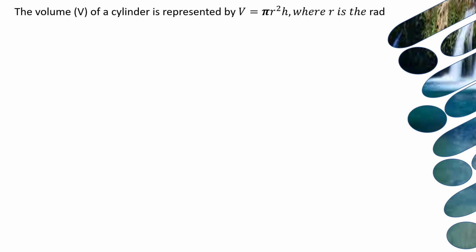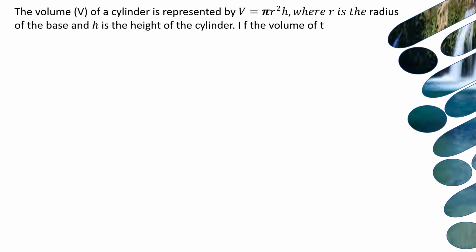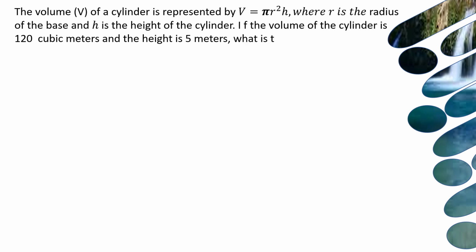Now let's move on to this next question. The volume V of a cylinder is represented by V equals pi r squared h, where r is the radius of the base and h is the height of the cylinder. If the volume of the cylinder is 120 cubic meters and the height is 5 meters, what is the radius of the base? Now let's draw the figure of a cylinder where its bases are